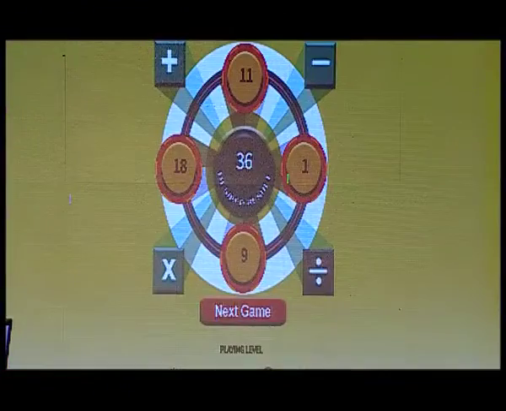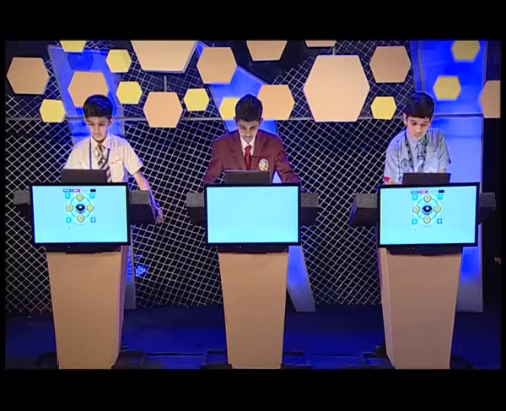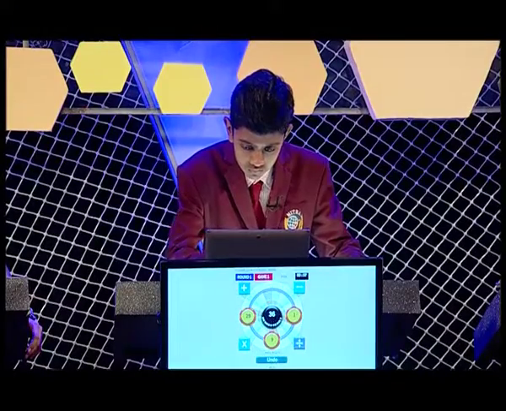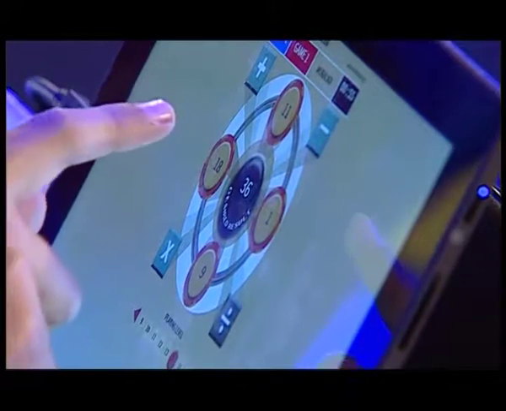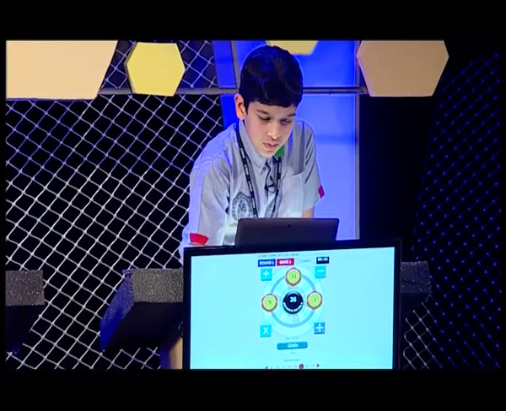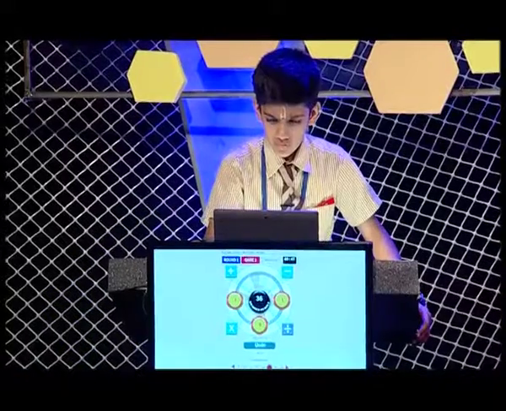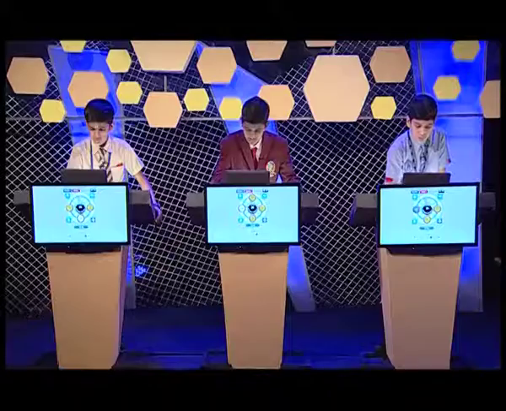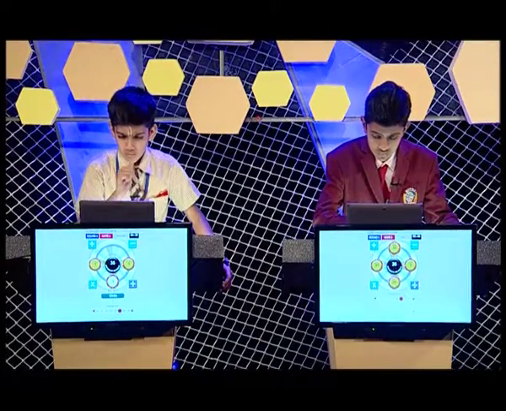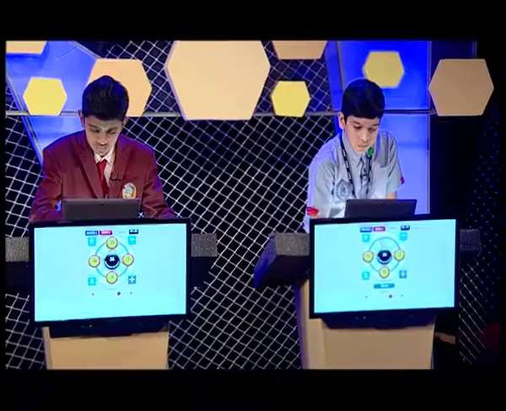Here we go. There comes the first game, and the desired result is number 36. You got 4 different numbers there. You just need to use your operators right and arrive at 36. Okay, then. There's a little bit of undoing happening. It seems straightforward and easy. It's not that straightforward and easy. Let's see how you guys work this out.